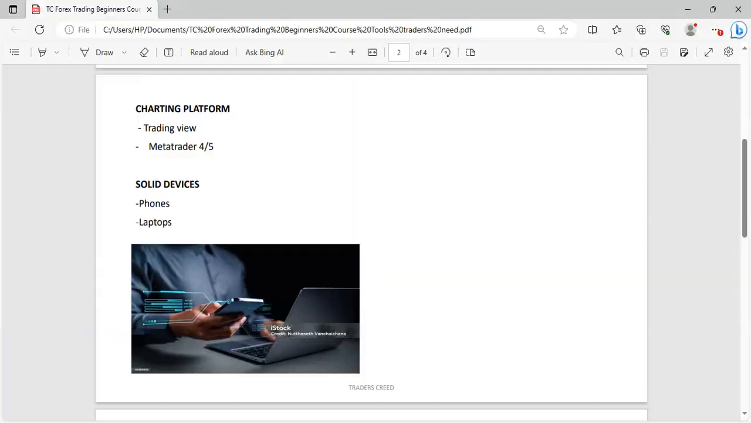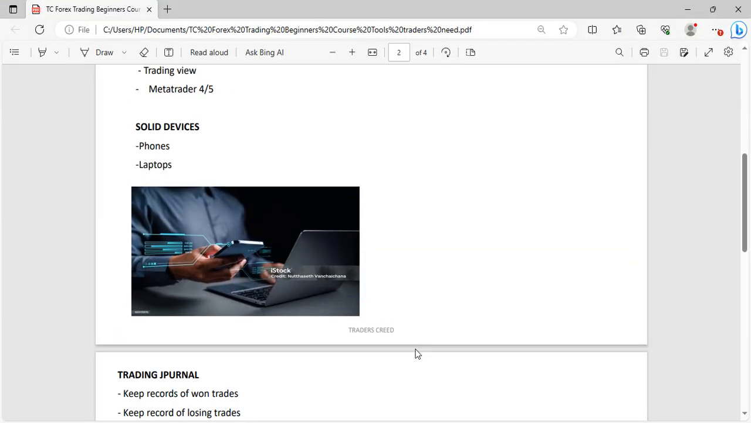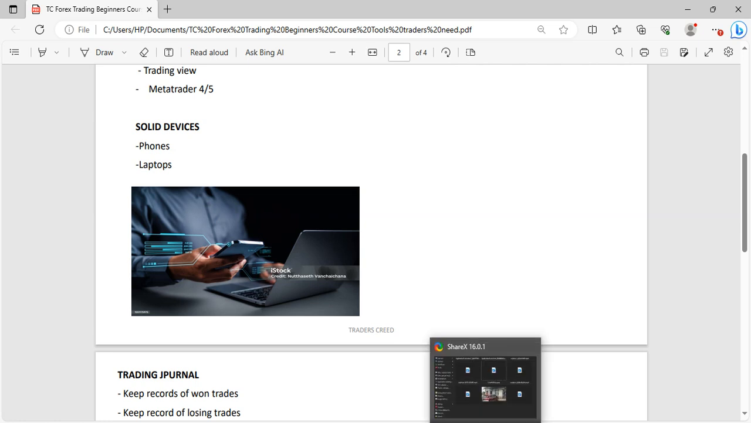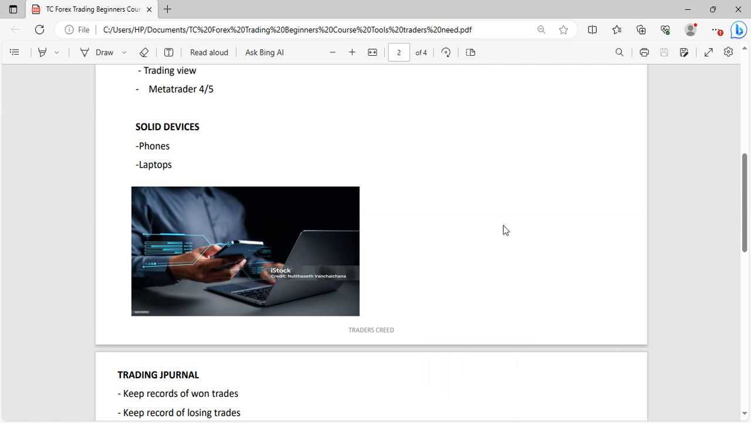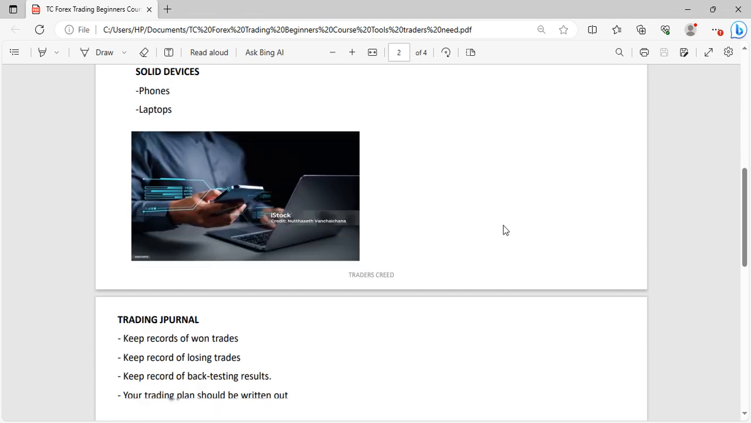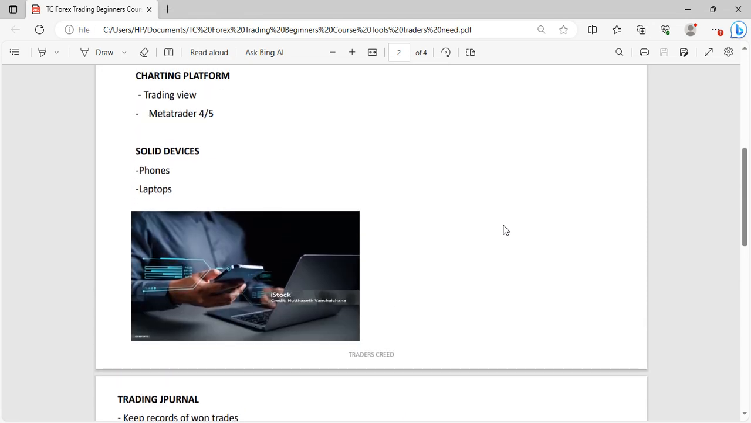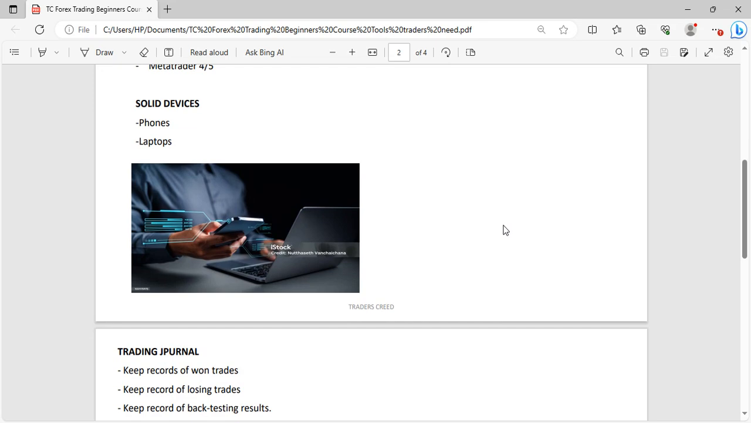So let's go back to the next thing you need to have as a trader, which is a solid device. A solid device can come in the form of a laptop or a phone. Although it's not necessarily important that you use a laptop, it's advisable because